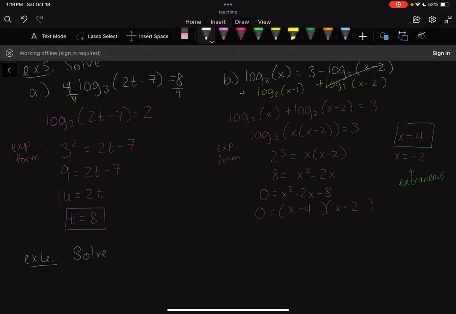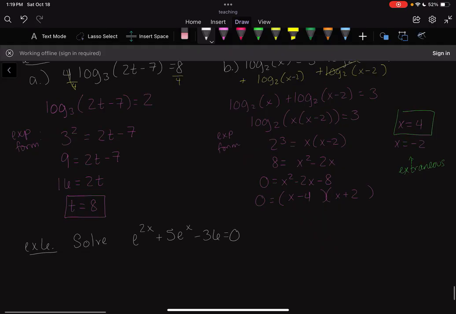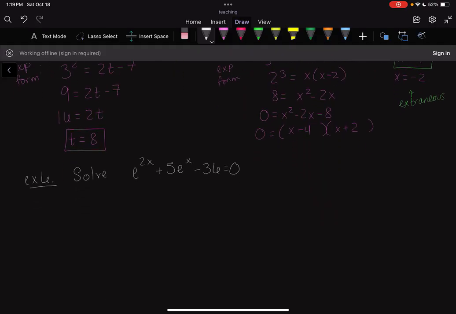So solve. This one says e to the 2x plus 5e to the x minus 36 equals 0. So this is a little bit of a unique problem. The point is it should kind of look like a quadratic to you, except the e is throwing it off. So if we were able to replace this e, so if we let u equal e to the x,